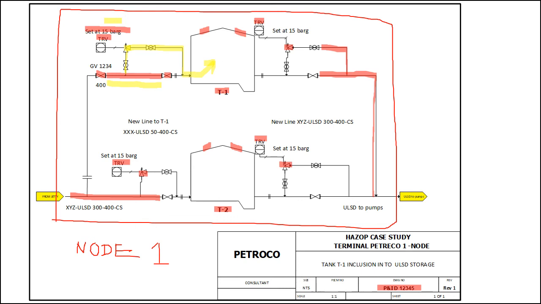If the meeting or the team feel that there are additional nodes required, not in a simple facility like this, but there could be a great many more P&IDs and a great many more facilities that need to be HAZOPed, then obviously we will add nodes. That is basically the scope of the TOR, or terms of reference, and that completes this